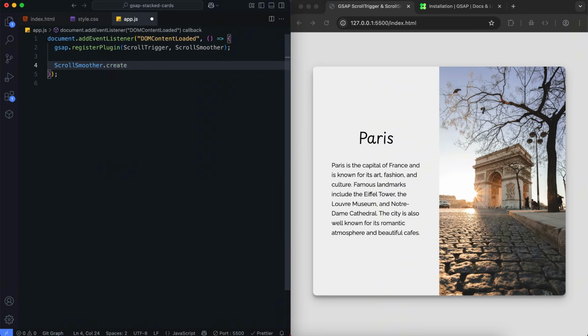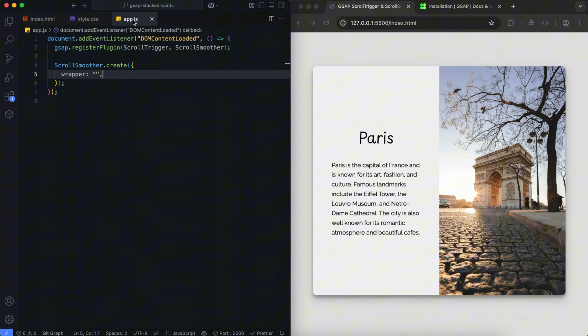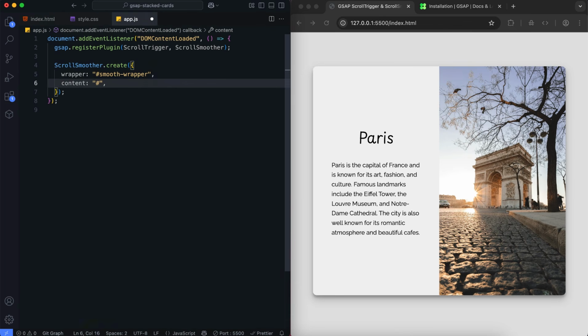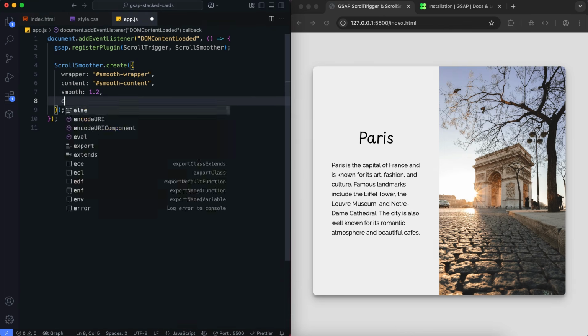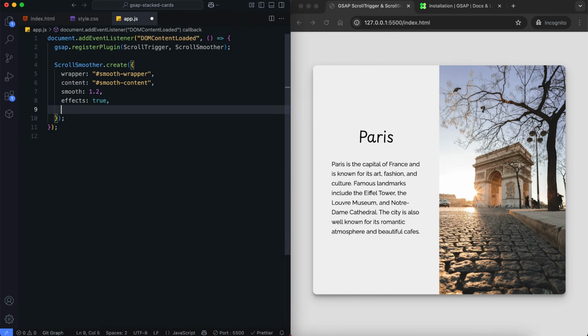First, we initialize smooth scrolling. The smooth value controls how soft the scroll feels. We enable effects to allow additional scroll-based animations. We use this to solve the flickering issue on a mobile screen.